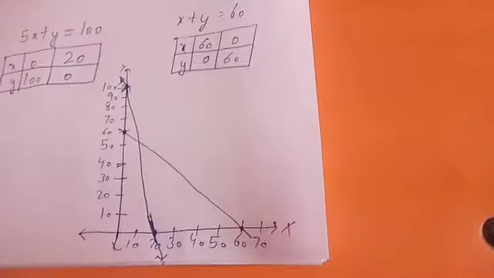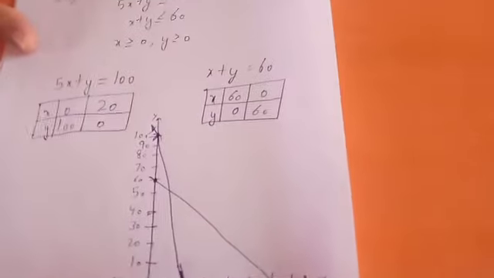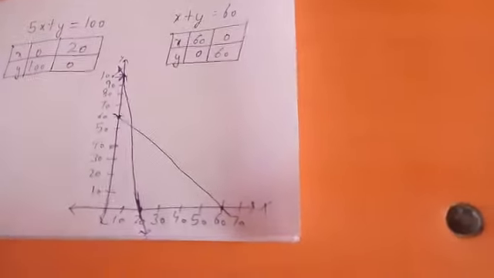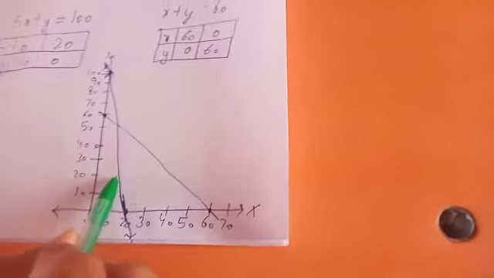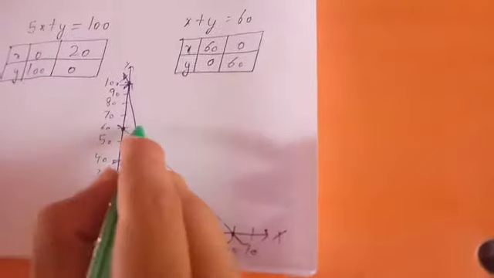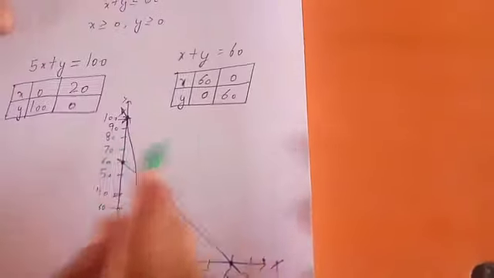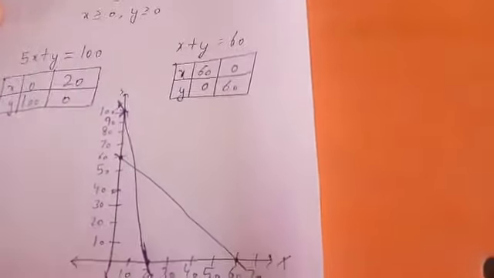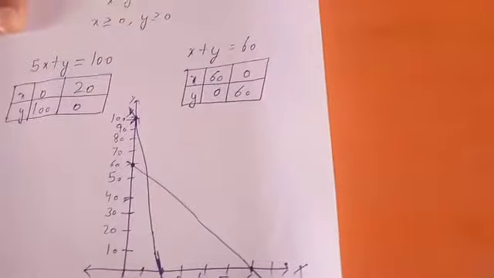Okay. Now first if we talk about this line we have drawn here, we don't know whether this line is representing the graph for values on this side or this side. Okay, so what we have to do is an origin test.